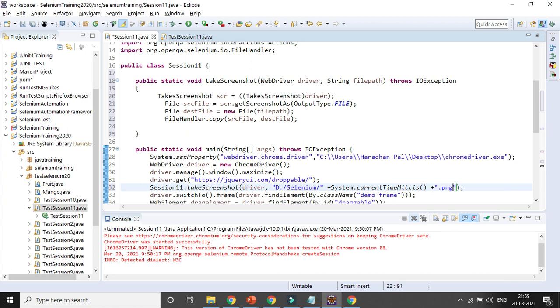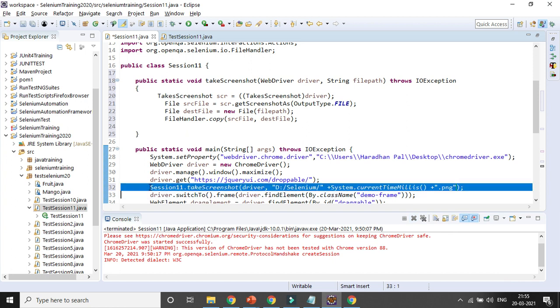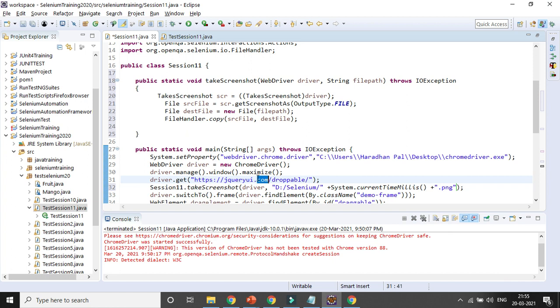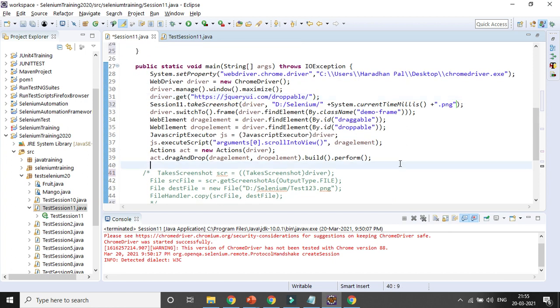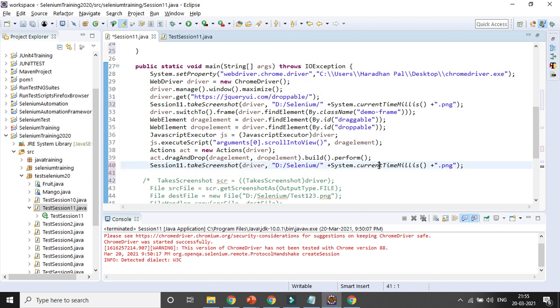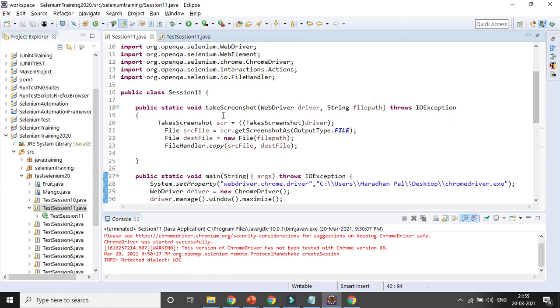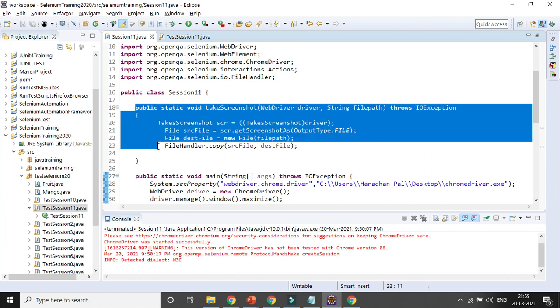So it will create the screenshot after opening the page. Again, after performing the action, if I want to take a screenshot again I will do the same thing. So I will be giving again System.currentTimeMillis dot jpeg. So you can see this is the easiest way, right? That is the reason we can create a method for this functionality which will be used multiple times instead of hard coding it.